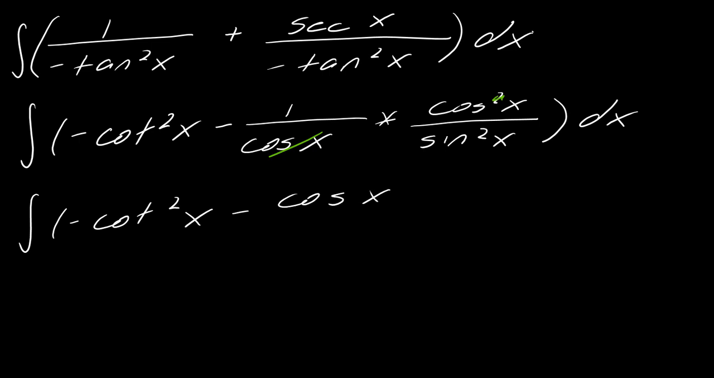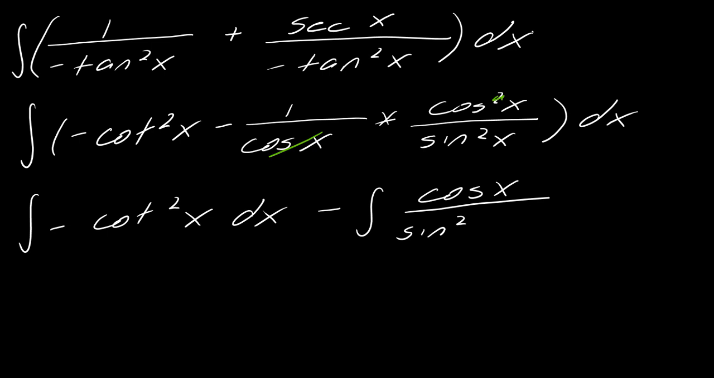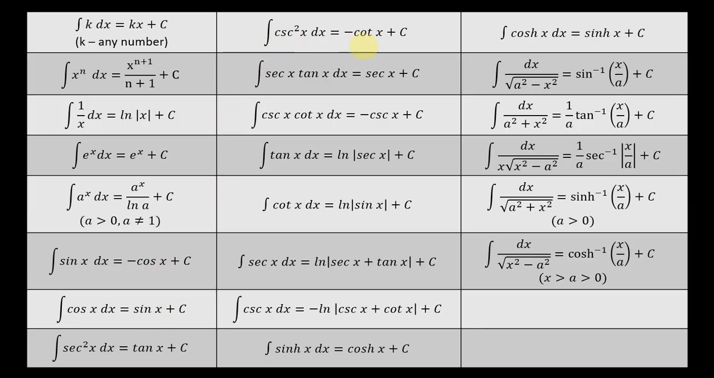Actually, I'm going to break this into two separate integrals now. So let's call this negative cotangent squared x dx, and then minus cosine x over sine squared x dx. Okay, cool. Now I'll use my own brand name here. Let's divide and conquer. So for this cotangent squared x, this I cannot integrate, right? What I can integrate is cosecant squared x,